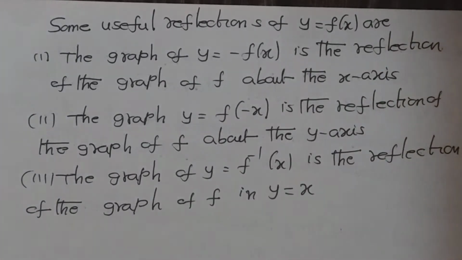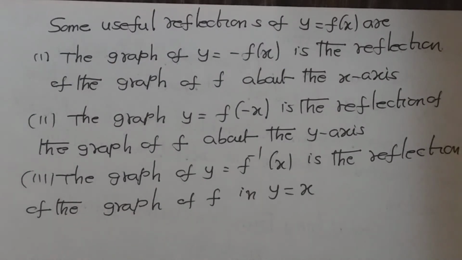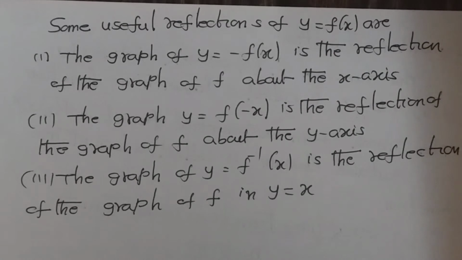Okay, students. Second one. So first one is what? Reflection of f of x about the x-axis. So if y equals f of x is a given graph, then y equals minus f of x is the reflection of f of x about the x-axis. Similarly, suppose you write f of minus x, where the minus is put inside. Y equals f of minus x is also a reflection of the graph, about the y-axis. So if the function is minus f of x, it is reflection about the x-axis. If it is f of minus x, it is reflection about the y-axis.